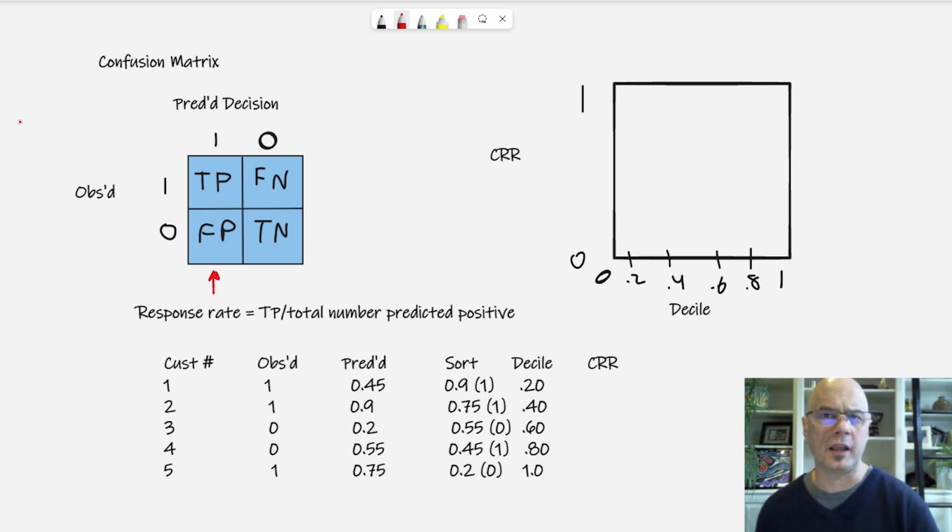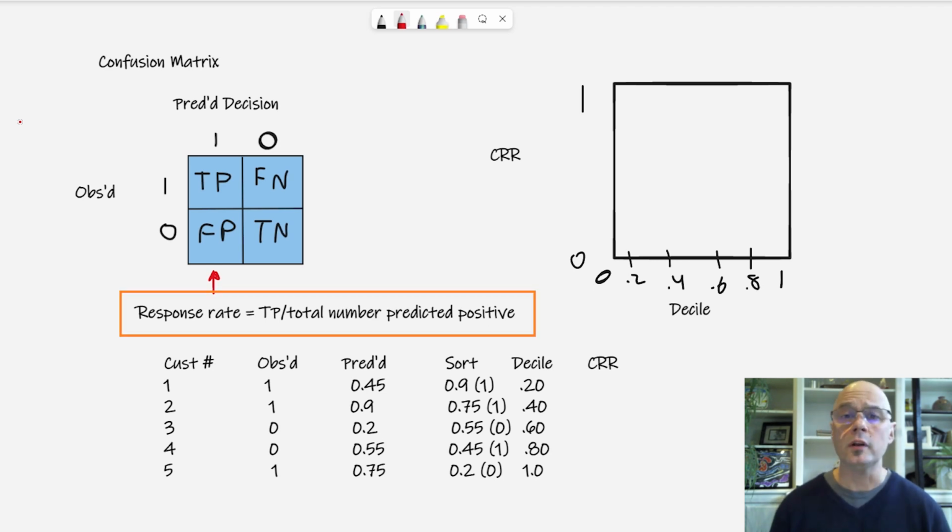Now, lift, we'll be talking about that a little bit more as we go on. Lift is actually comparing the response rate of your model that's being investigated compared to the response rate of your naive model. But let's not get too far ahead of ourselves. Now you see a real simple equation for response rate, or more accurately, what we'll be calculating, cumulative response rate. The response rate is the number of true positives divided by the total number of predicted positives. And we're going to do that calculation at different depths or deciles down the rank order of our observed predictions.